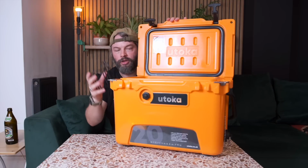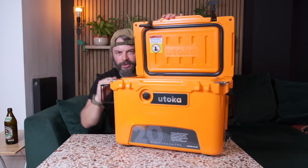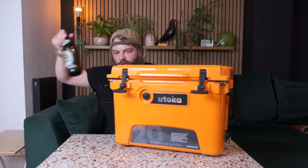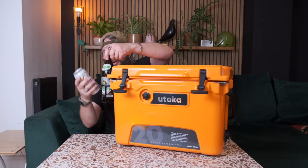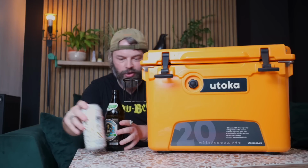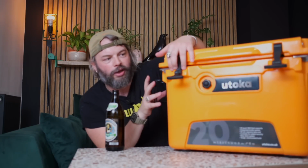Well done, Utaka. They also give you this awesome beer caddy that goes on the side, right? Now this is perfect for Crispy Boy, a can. I feel like you can't see me. I'm kind of hiding behind this thing. It's so big. But this is what I just want to, I can't really stress how great the build is